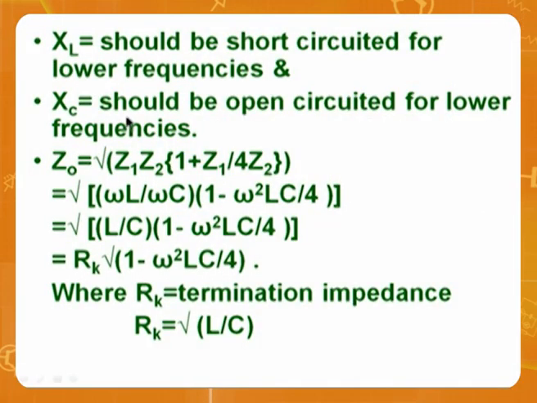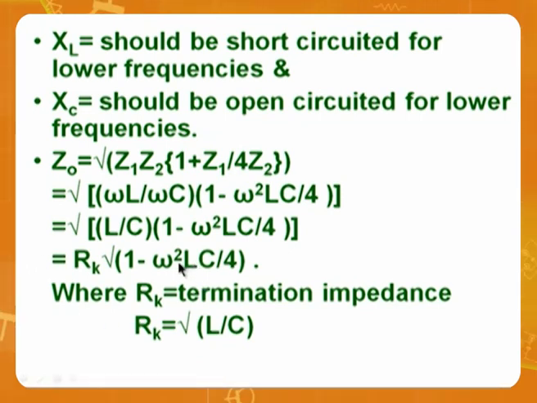Now, XL should be short circuited for low frequency, and XC should be open circuited for high frequency. Calculate this: omega L equals 1 by omega C. Omega, omega cancel, giving 1 by LC, root of this one. And this is what we call RK, the terminating impedance, and this is the actual impedance. By that what I am saying,